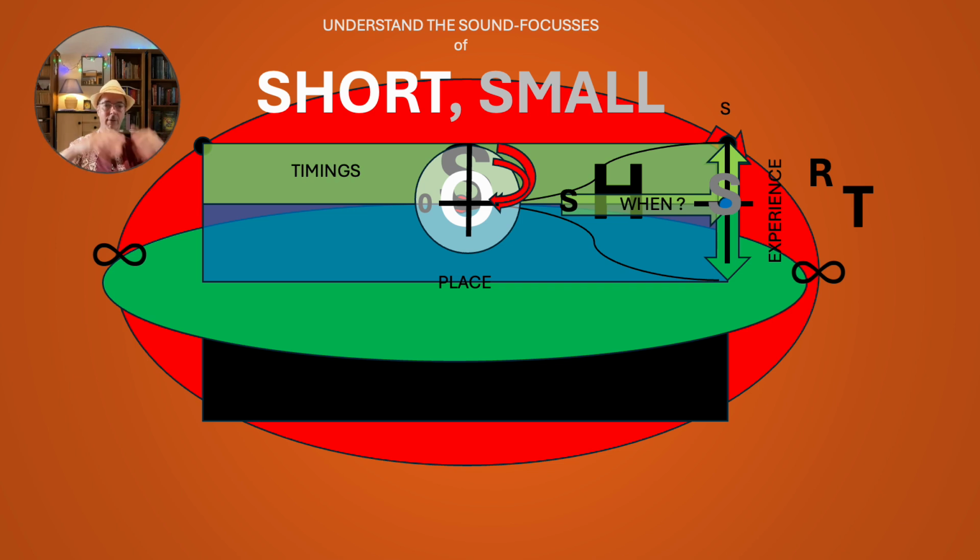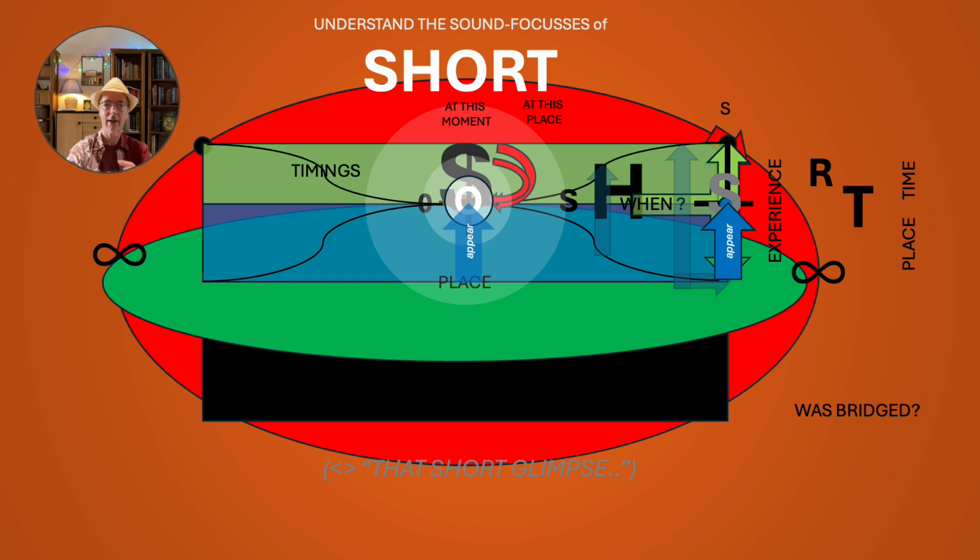And I have it somewhere very far at the border where I can see it appearing. Very short in time, it will appear at a moment, at a place. And that's it. That's a short moment which can be used as a glimpse upon it, where it will appear. And that's more or less what the meaningfulness of short, I think, refers to: a moment,